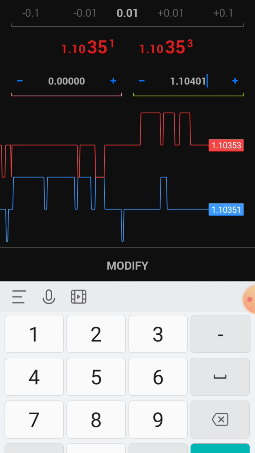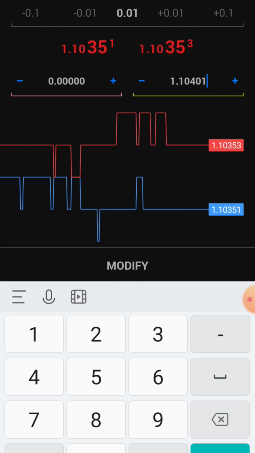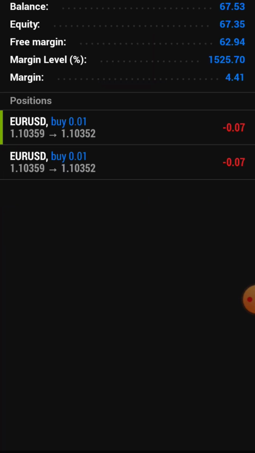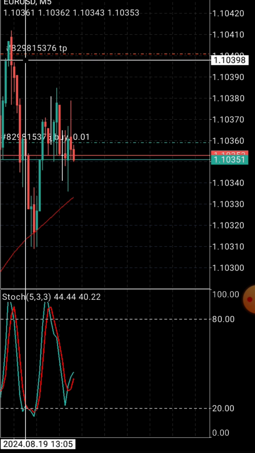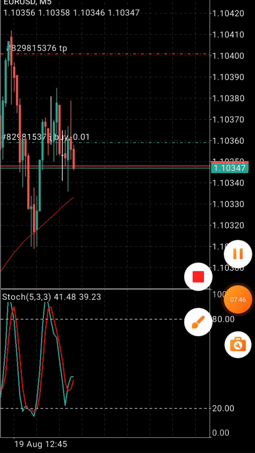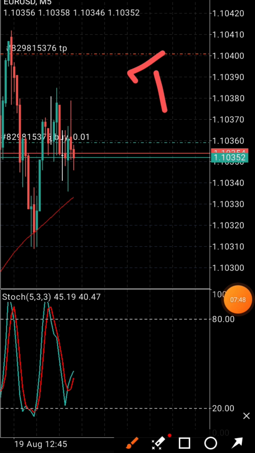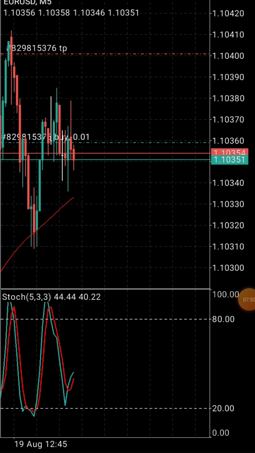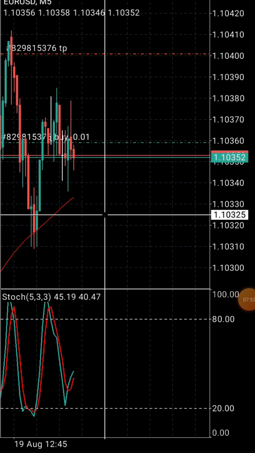This is my TP, so I have put my TP here. You can see here is my TP.